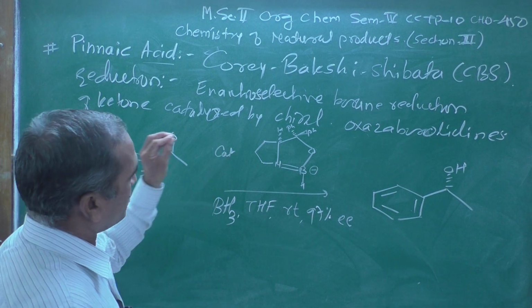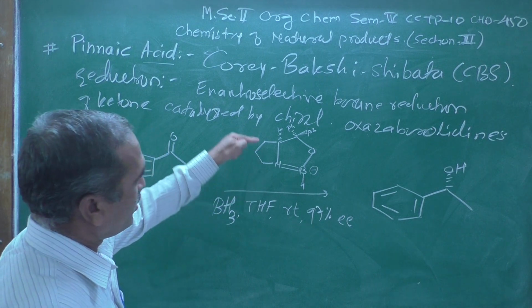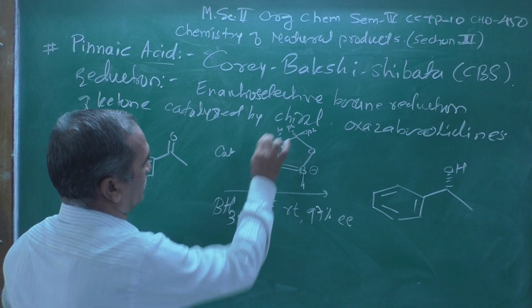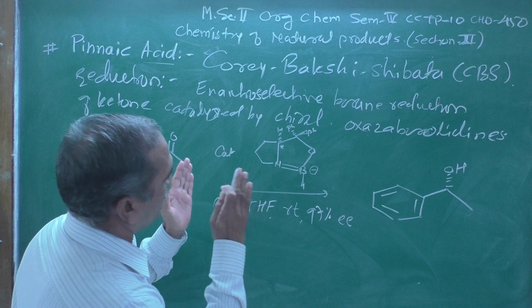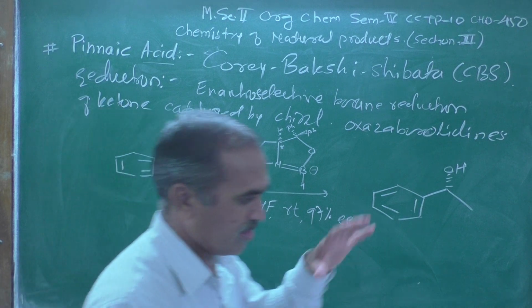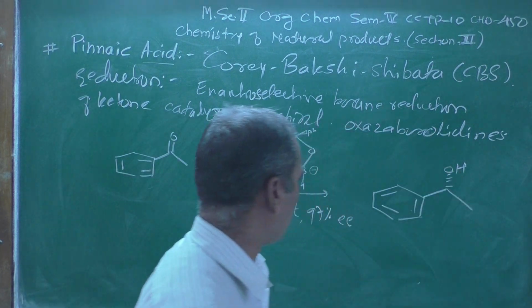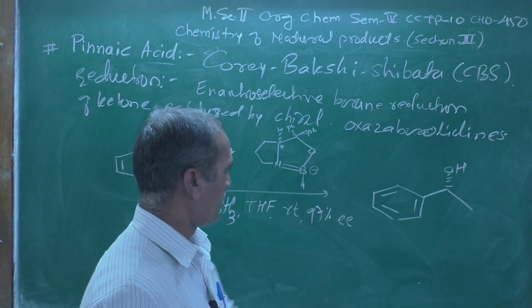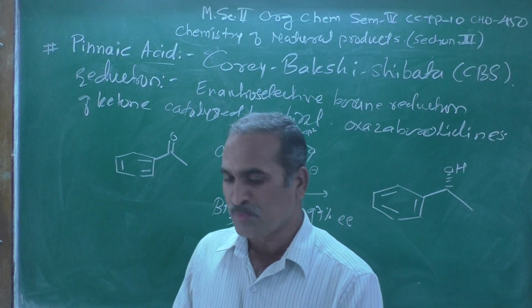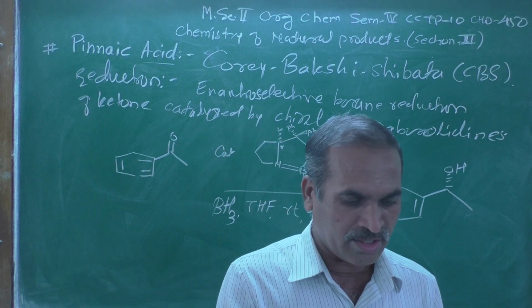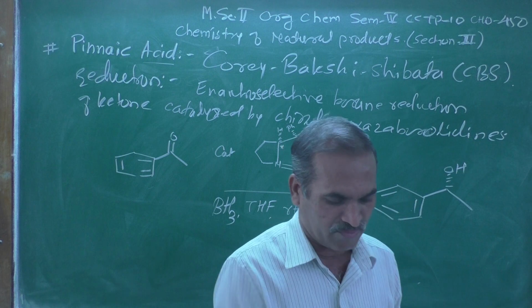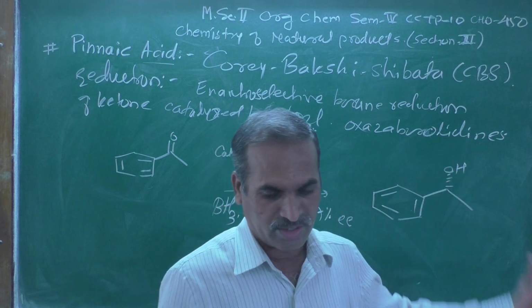When it is catalyzed, the catalyst used over here is this one. You can see this is a chiral compound, with chiral centers 1, 2, 3. A chiral catalyst is used here, and when you use a chiral catalyst, whatever reduction is carried out, we get a chiral compound, exclusively this one, with very high enantiomeric excess and very high yield, 97%. Therefore this has great importance in the synthetic chemistry community. This is a very useful reagent for asymmetric synthesis.